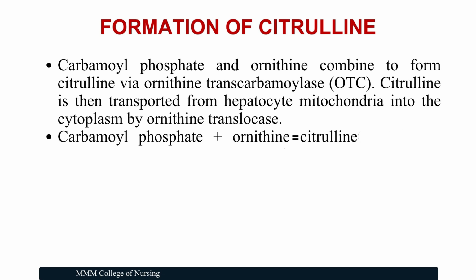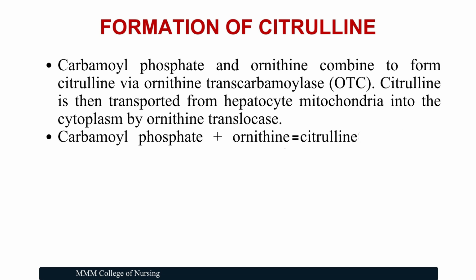It occurs in mitochondria. In this step, carbamyl phosphate reacts with ornithine to form a new molecule called citrulline. The enzyme here is ornithine transcarbamylase, OTC. So now remember ornithine is a carrier molecule of the urea cycle. It enters the urea cycle, picks up a chemical group and eventually gets regenerated at the end, just like a recycling